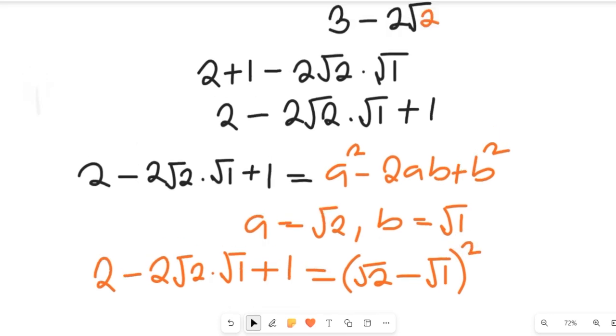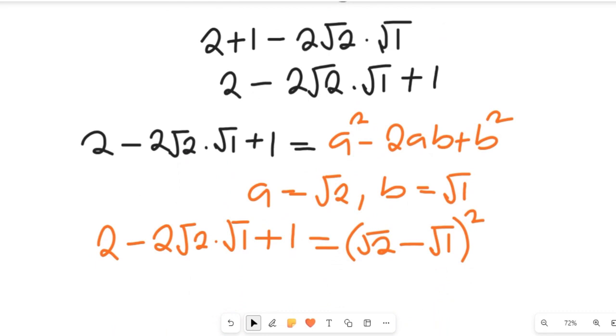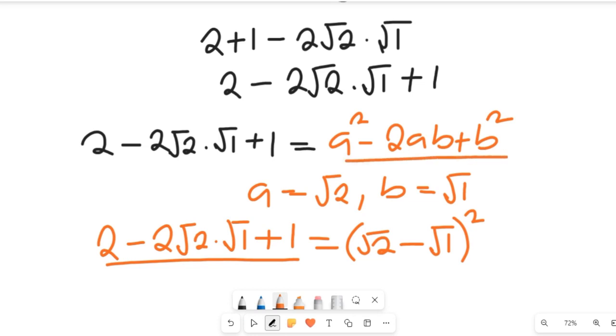So we can write it in that format because this is equal to what? This. So if this becomes the output of that, now